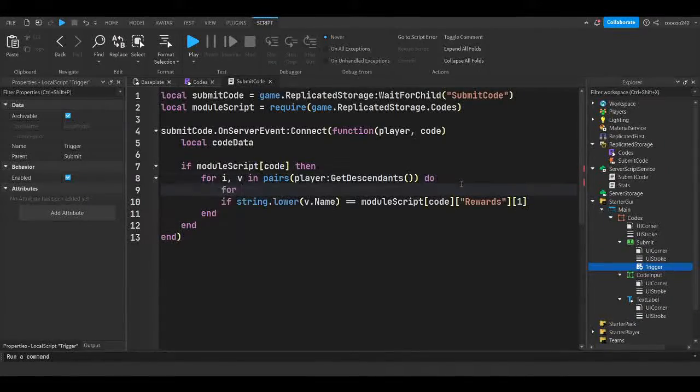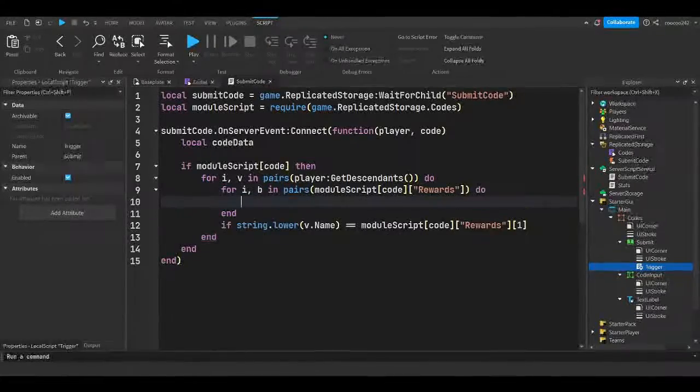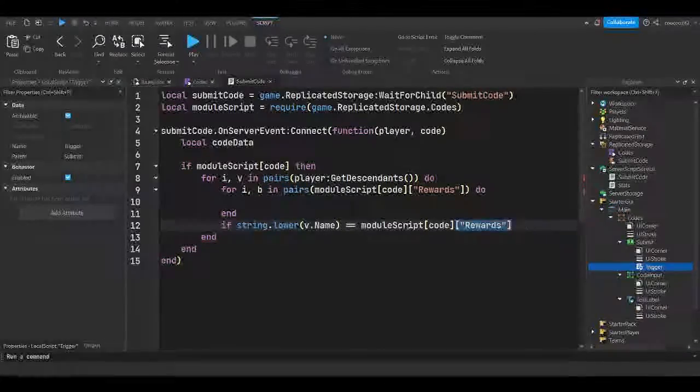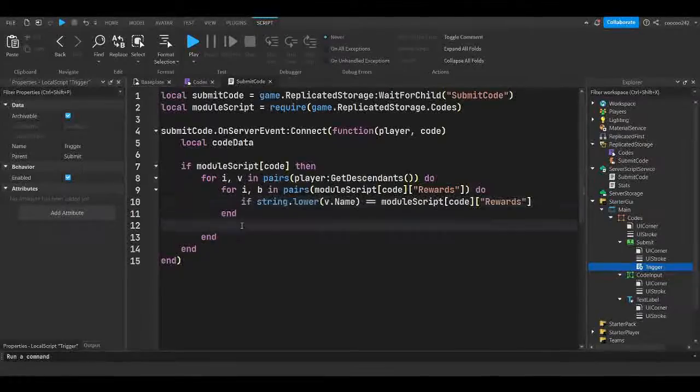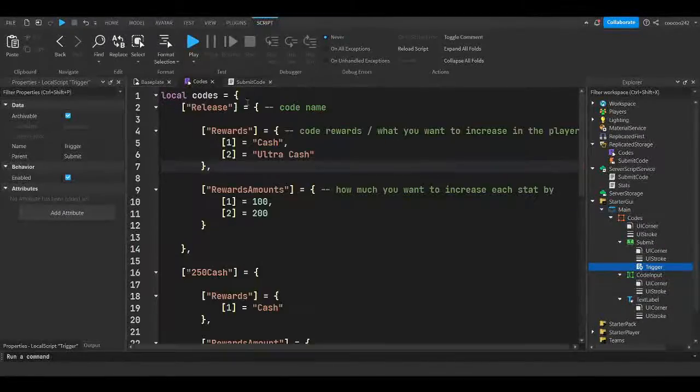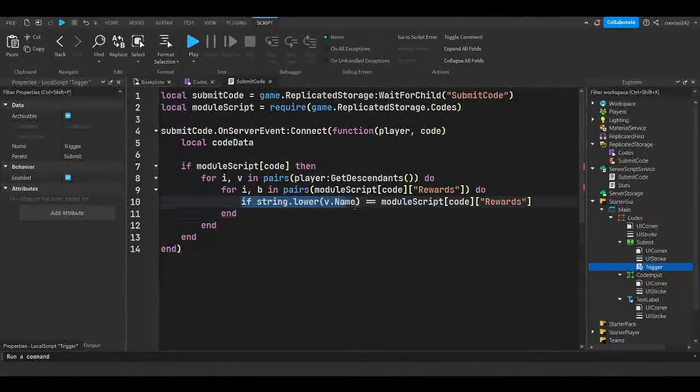So for i, b in pairs(module script code.rewards) do, and then we can put that in there. So we're looping through all of the rewards inside of that one code, and if there is something inside of